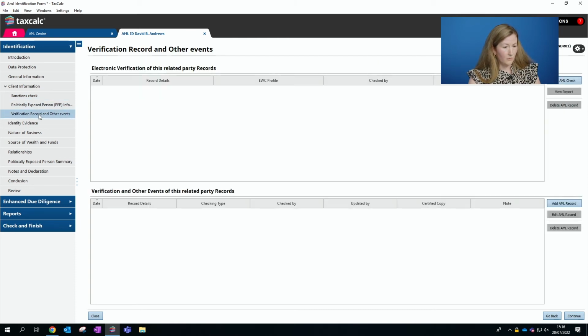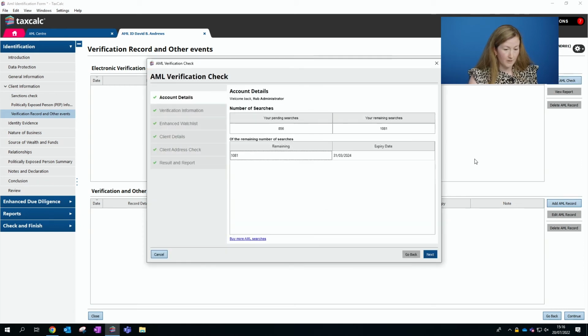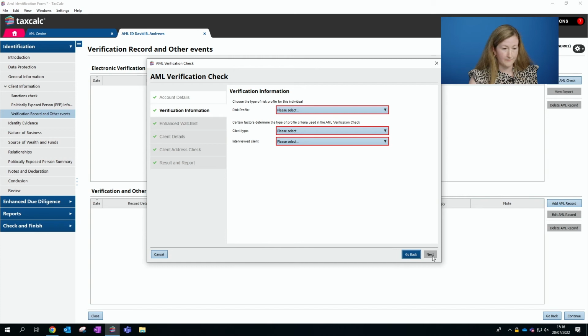So what you can do as well within the software is run the electronic checks. If you're not meeting your client in person, you may want, as a sort of risk mitigation, to run electronic verification checks for every single client that you onboard. We have a partnership with Equifax, who are a well-known global provider of information. So we can do checks there that identify that they are who they say they are against their name, their address and their bank details if they're entered in here. And it also allows you to do